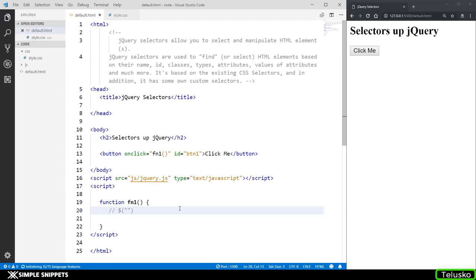So just to give you an example, if I want to access this h2 element, so we have this h2 tag, I'm going to write h2 over here, plain and simple. So this is the first part. However, this is a little bit of an incomplete part because we still have to specify something that we have to do onto that element, right? By writing this much, what you did is the JavaScript equivalent of this would be